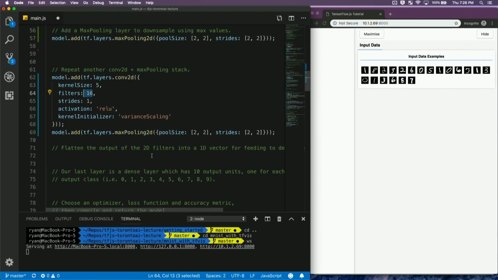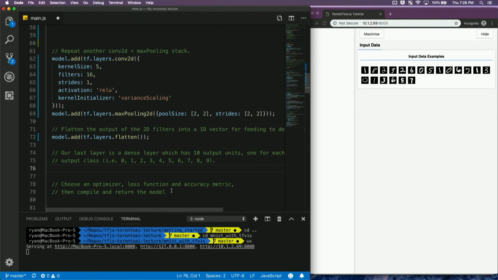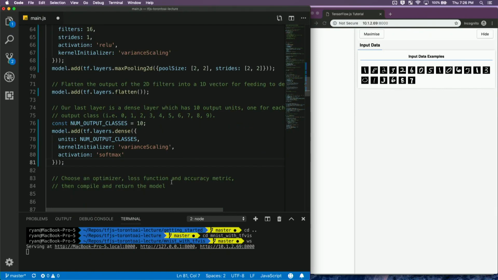And then we're going to flatten that so that it can connect up to a dense layer of neurons. So for the flatten layer, you just call that. And again, of course, all these layers are being added sequentially to the model. And then finally, our output layer. We're not going to add an intermediate hidden layer because I just don't want this to take too long to train.